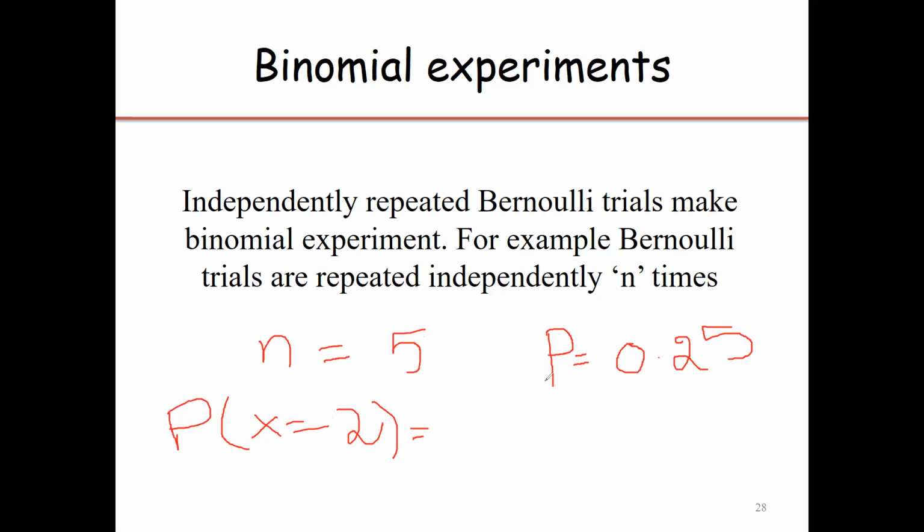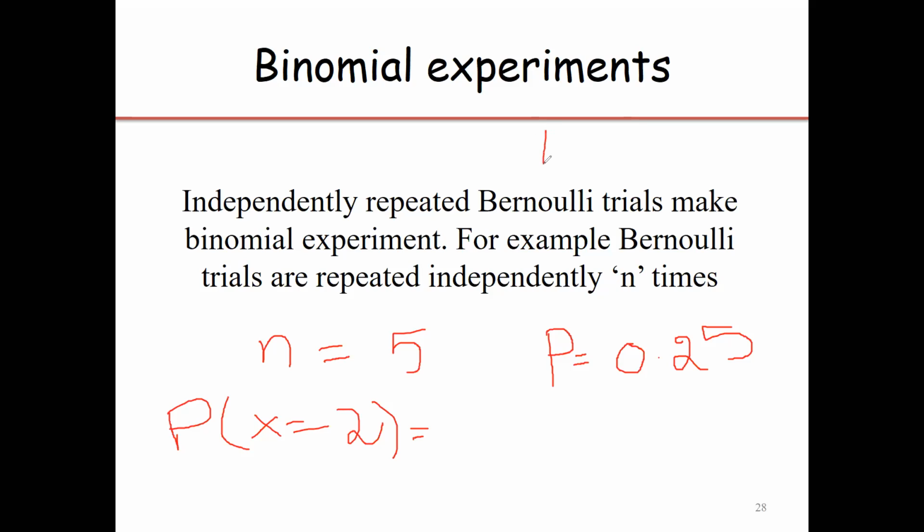So we can apply the binomial distribution if this probability remains fixed. It means the first time I toss this coin, the probability of success is 0.25 and the probability of failure is 0.75. When the second time I toss the same coin, probabilities remain the same, 0.25, 0.75. At the third attempt, the probability is 0.25. So every time we are using the same coin and the probability of success remains the same from trial to trial, and the probability of failure remains the same from trial to trial.